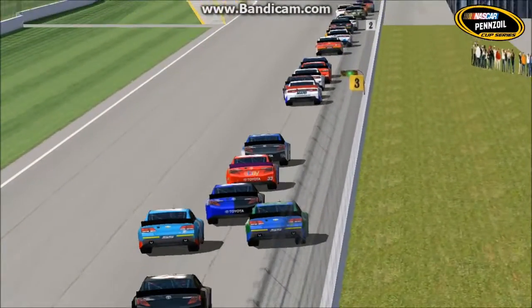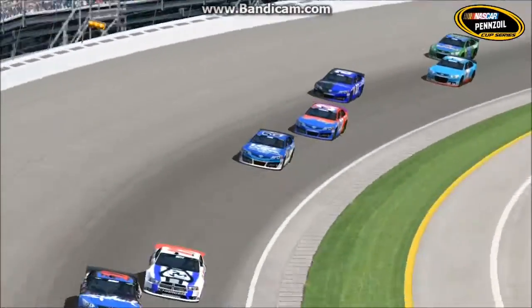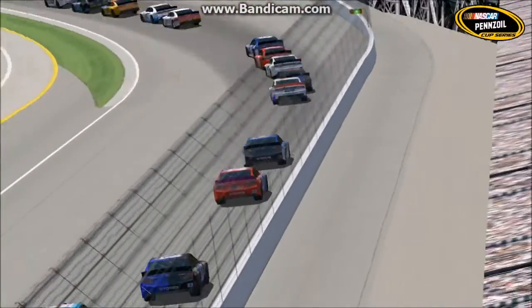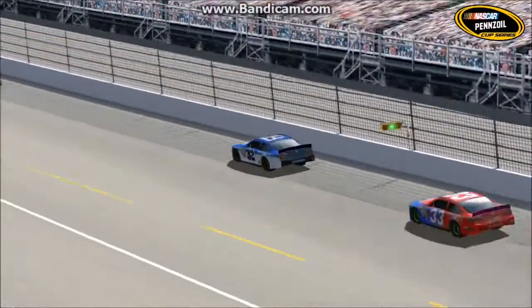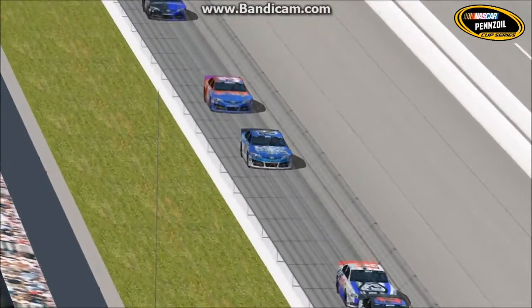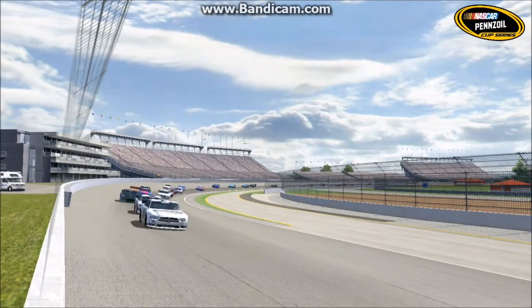Ryan Dunn, though, after winning at Las Vegas only 2 races ago, is now back in the back again. This is about slightly lower midfield, and the 32 car, after getting a new paint scheme from Homestead, had a semi-decent run. He finished 9th, but really wasn't in contention much of the race,